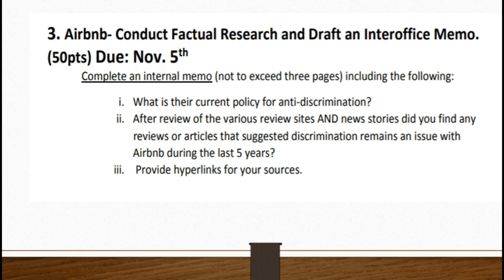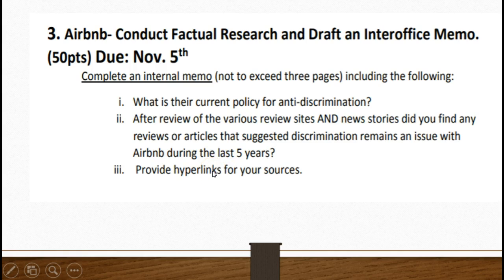One, we want to know what is their current policy for anti-discrimination. So you want to have your first starting place with the company itself and see if they have posted any anti-discrimination policies. And if so, you want to summarize them. And if it's too much, you can generally summarize and then provide a hyperlink to the policies itself.